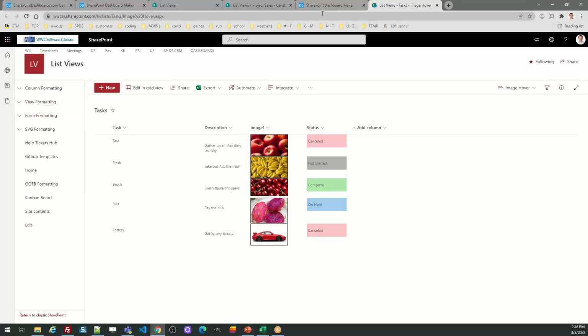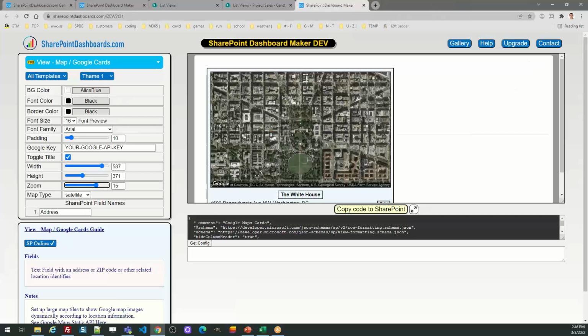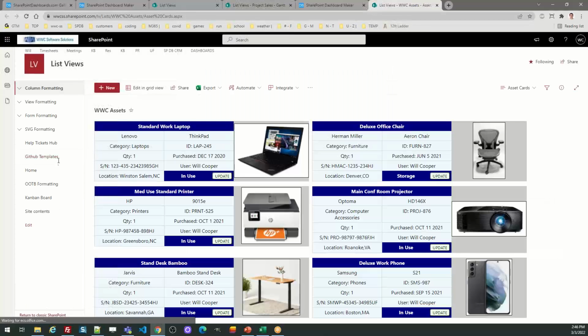Okay, next one. I said I was going to show you asset cards. That's what we're going to do right now. Okay, so these are asset cards. Now this is a lot more explicitly defined. In this particular case, in the template and the instructions, it's going to tell you which fields that it wants you to have. And in fact, a downloadable template is provided, but there are some concepts that are established for